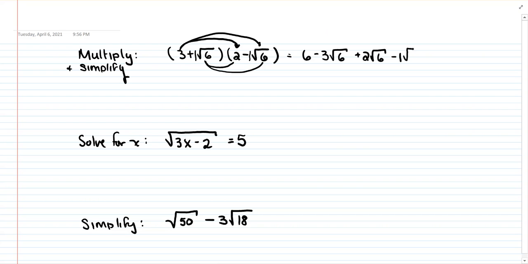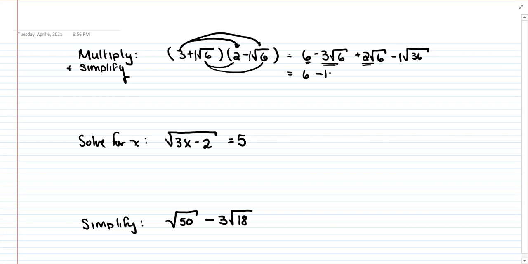You multiply the radicands together. So if they're both under radicals, you can multiply them together. And then simplify and combine like terms. So I have a 6, a negative 3, and a positive 2 radical 6 is going to add up to